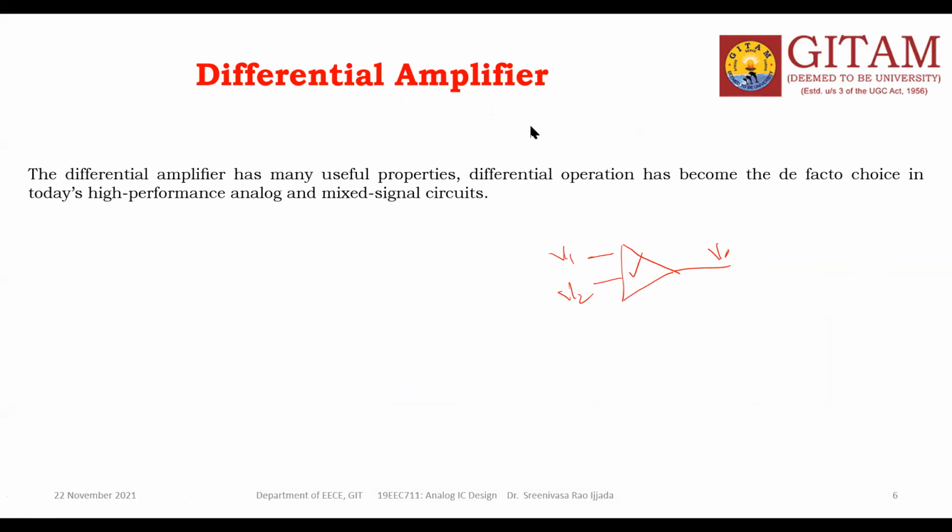So the differential amplifier is the first block in the operation amplifier. Inside the op amp we have 4 blocks. One is the differential amplifier, one more is the level shifter, one more is the unbalanced differential amplifier, one more is the load, that means load connector. So we have 4 things. Out of that, this one is very important. Differential amplifier is the first block in the operation amplifier.